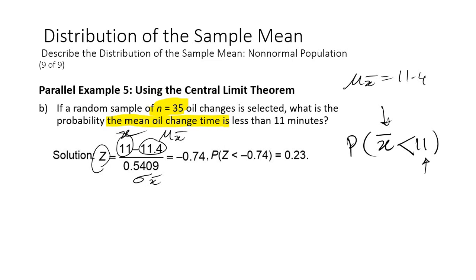This is going to give us a z-score of negative 0.74, which means if we want to compute the probability, now the x bar is standardized, it becomes z less than negative 0.74, which is the standardized version of 11. Now in Excel, you're going to say it is going to be